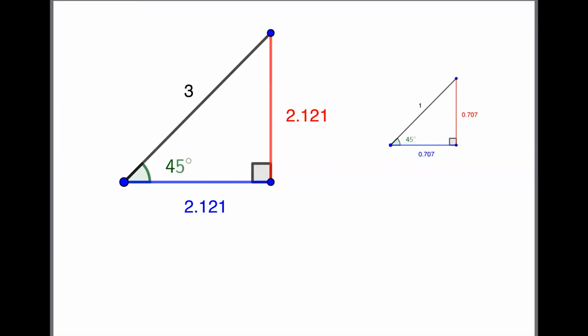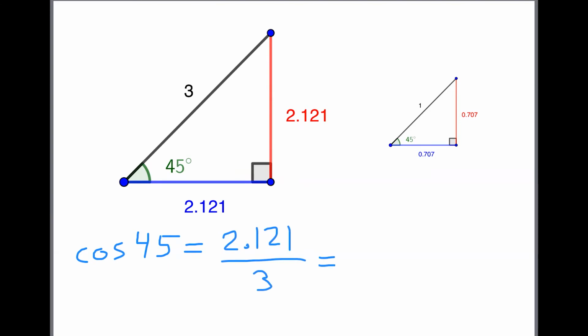Here's one more example, just to see how this works a little bit more. Let's imagine that we're interested in computing the cosine of 45 degrees. We can use either of these two triangles that we see here. I'll start by using the big one. If I want to compute the cosine of 45 degrees, well, officially, I should do the adjacent side divided by the hypotenuse. So that's going to be 2.121 divided by 3. And of course, if you actually plug that into a calculator and figure out what that division is, it's going to come out to